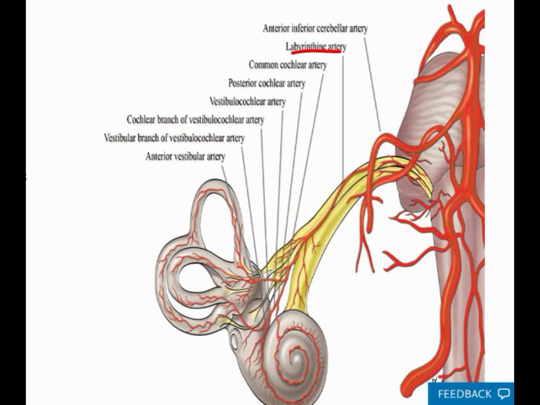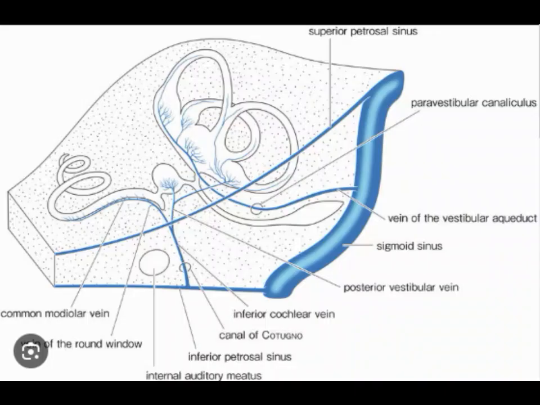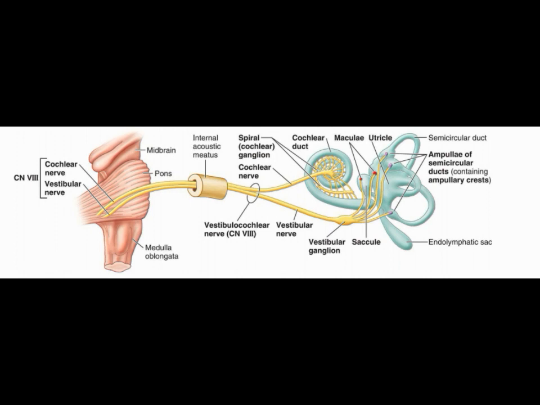supply the vestibular apparatus. Venous drainage of the membranous labyrinth is through vestibular veins and cochlear veins, which follow the arteries. These come together to form a labyrinthine vein, which eventually empties into either the inferior petrosal sinus or the sigmoid sinus. Innervation. The vestibulocochlear nerve carries special afferent fibers for hearing, the cochlear component, and balance, the vestibular